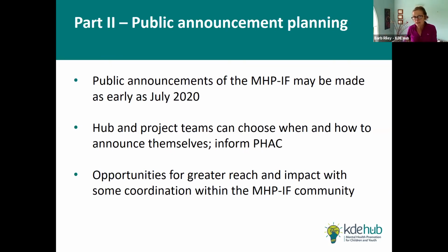And that we don't need to know to be able to discuss what we wanted to today about how we might, when we use the word coordinate, it's not about anything prescriptive. It's not about all of us needing to join hands and have our announcements at the same time, etc. But it is about thinking strategically and creatively about different audiences, messages, platforms, timing that can actually help to create the greatest reach and impact and positioning of the MHPIF within the broader child and youth mental